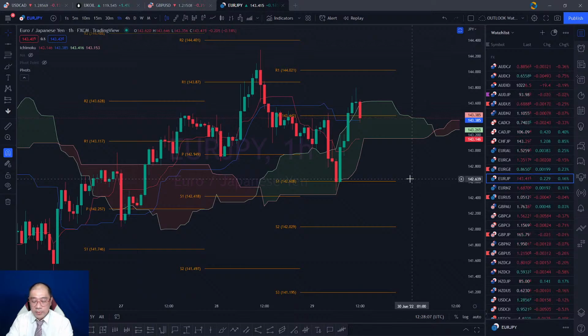I think it's too early if you're planning to go short. Is it time for you to go long? If you already have a long position, that's completely okay. I think Albert got stopped out here. It went down, took his stop losses, and it bounces back up, right? So